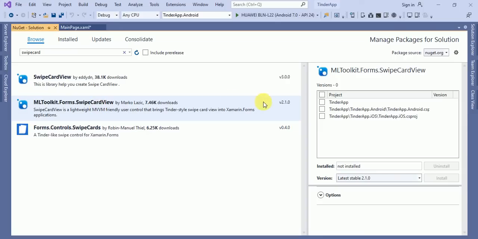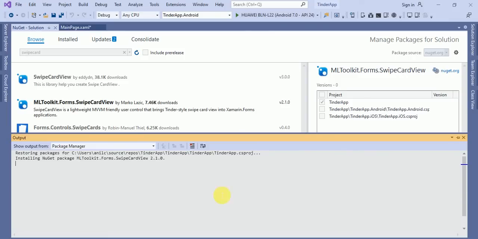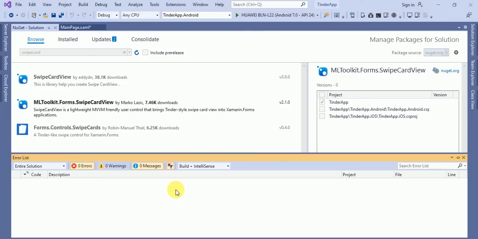This one we will install in our application. Click on the Install button. It will take a few seconds to install this plugin. Yeah, the plugin has been installed successfully.